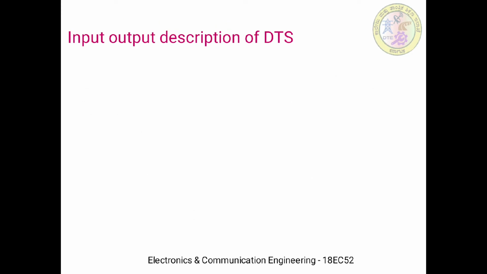Now let us see how to describe the input and output for this system, or the exact description of input and output of a discrete time system. This input output description of a discrete time system consists of an expression or rule. So the input output description is nothing but an expression or rule which defines the relation between input and output signals, and that is known as the input output relation.